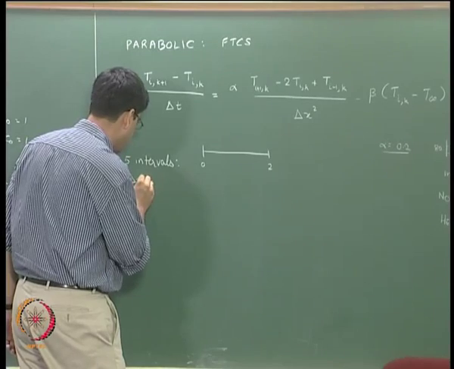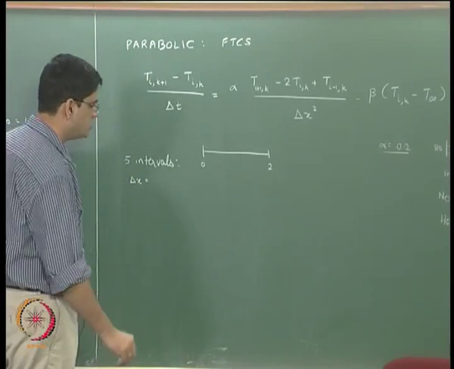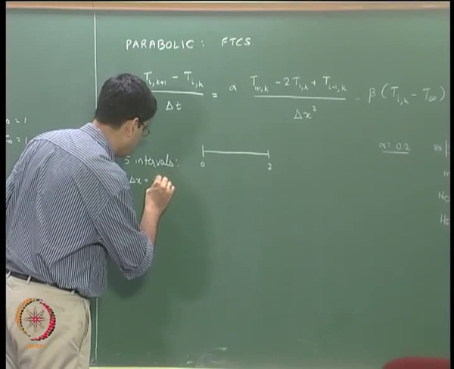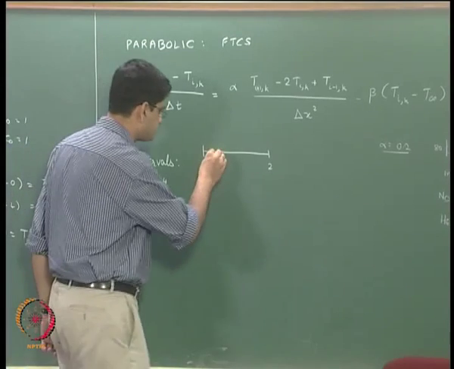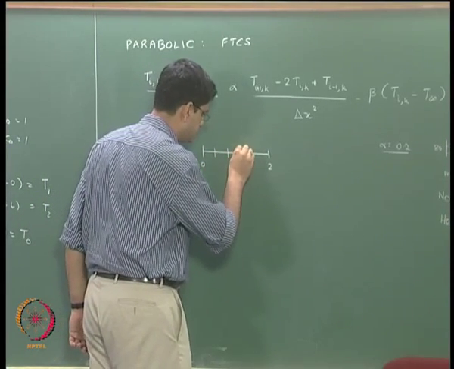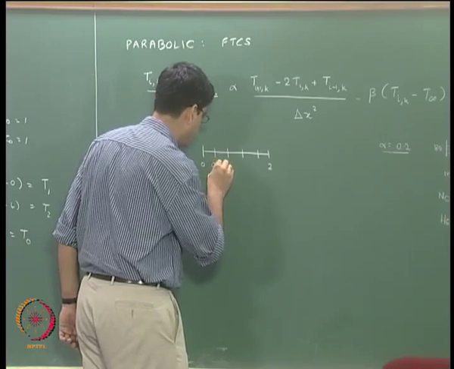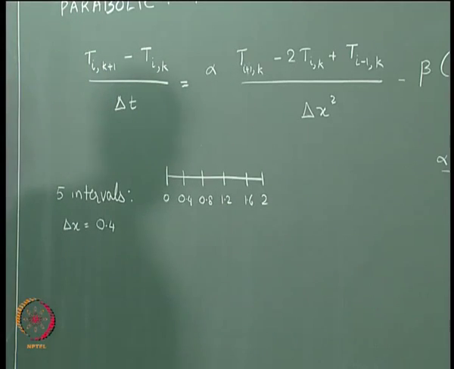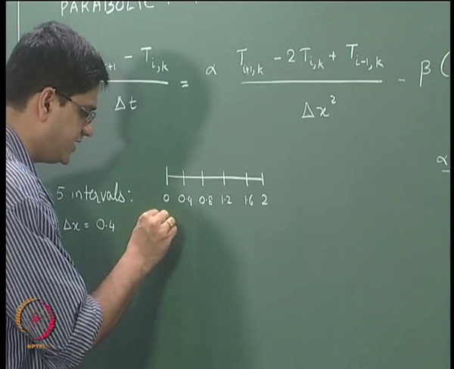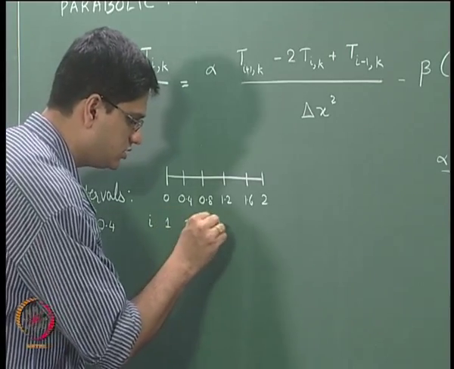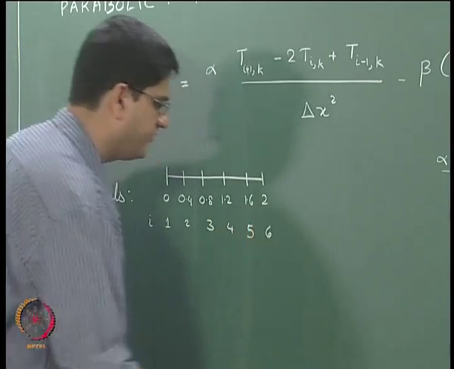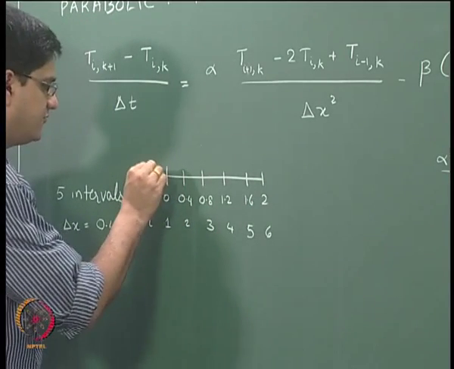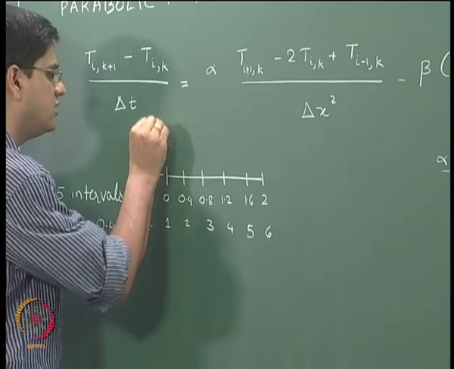Okay. So, our delta x is going to be equal to 2 divided by 5, and that is basically going to be equal to 0.4. So the grid points are 0.4, 0.8, 1.2, 1.6 and 2.0, and the location index i will go from 1, 2, 3, 4, 5 and 6. Okay. And this is in the x direction, and likewise in the t direction we will have